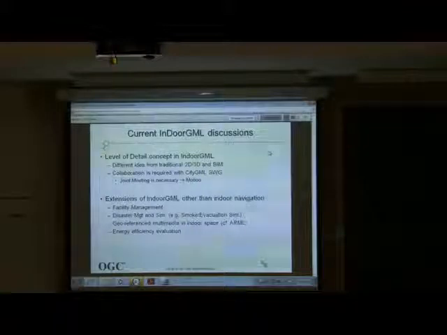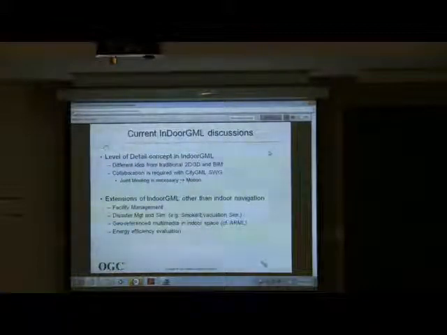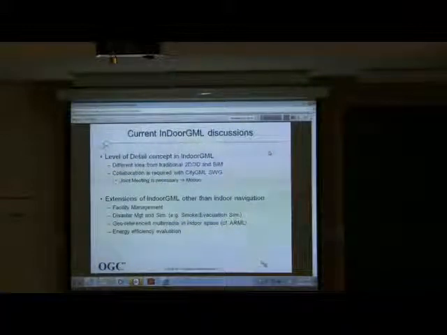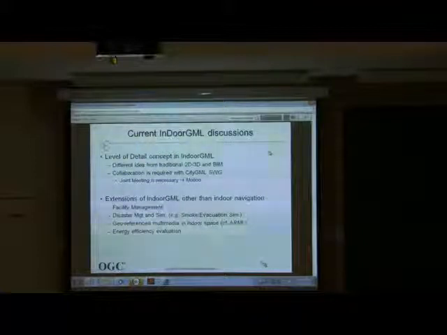So after a lot of discussion, the IndoorGML community has decided they need to collaborate with the CityGML community and come up with a common set of definitions for levels of detail and modify IndoorGML to be consistent with CityGML. And these other types such as images and video will have a separate mechanism for sending in IndoorGML for those types